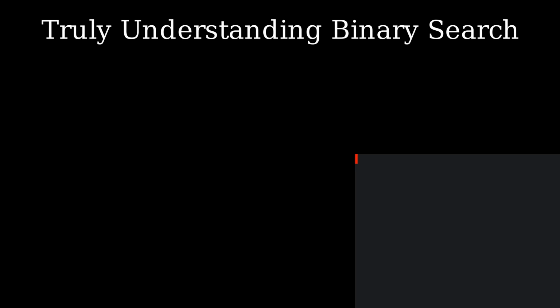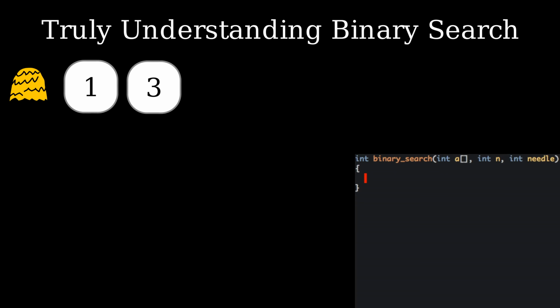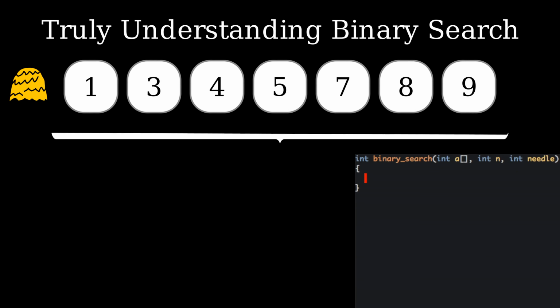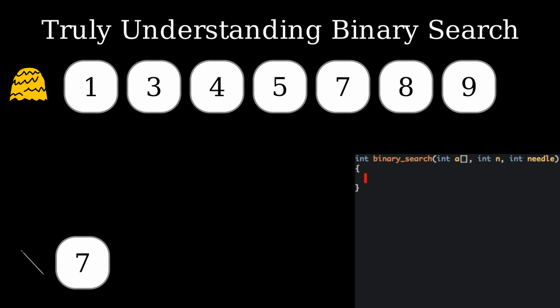Let us implement binary search in the C language. We start with a function binary search. It takes as input an array called A containing the haystack sorted in increasing order of values, an integer n representing the size of the haystack, an integer needle representing the value we are looking for, and it returns a position at which the needle occurs in the haystack, or the special value -1 if the needle is not in